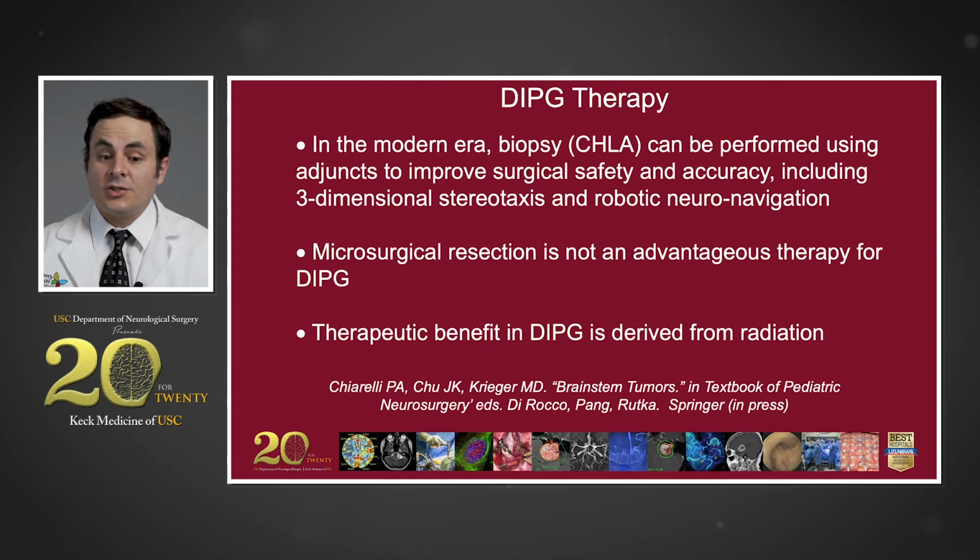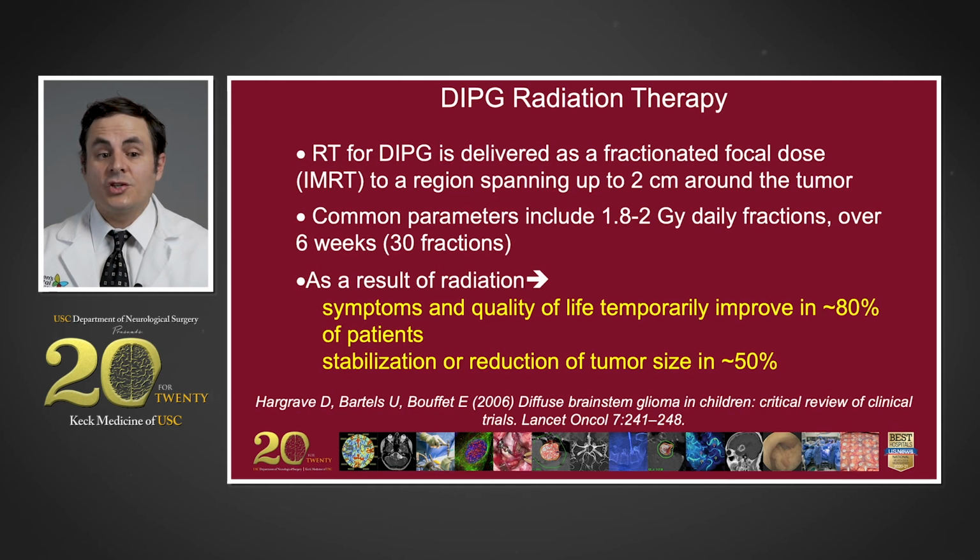Therapeutic benefit in DIPG has historically been derived from radiation. Radiation therapy for DIPG is delivered as a fractionated focal dose, intensity modulated radiation therapy, to a region spanning approximately 2 centimeters around the tumor. Common parameters for radiation therapy include 1.8 or 2 gray daily fractions over a course of 6 weeks,